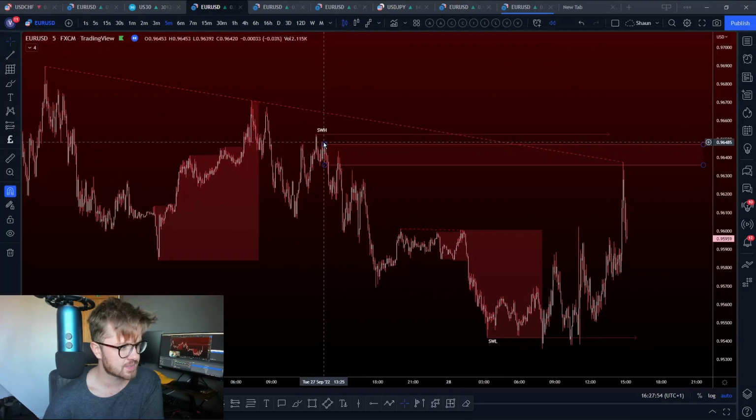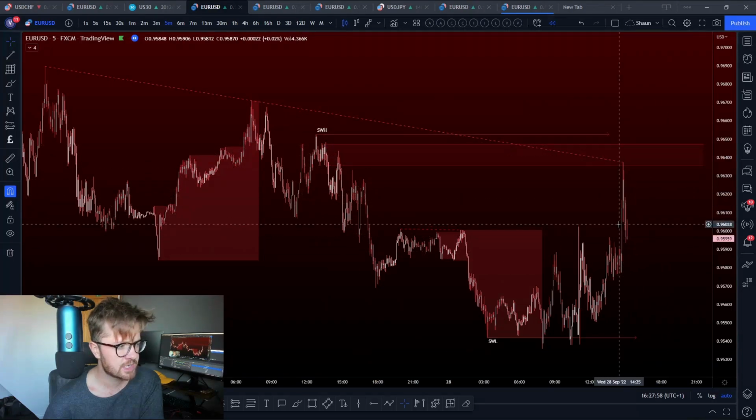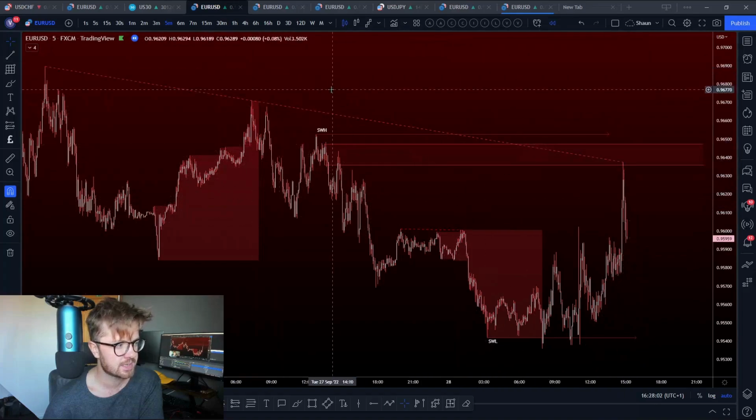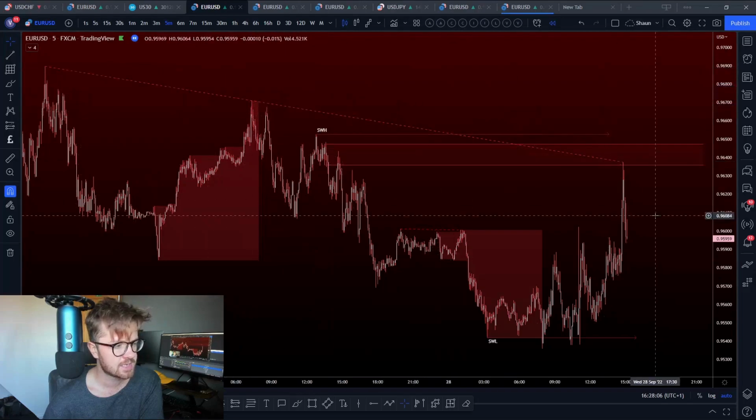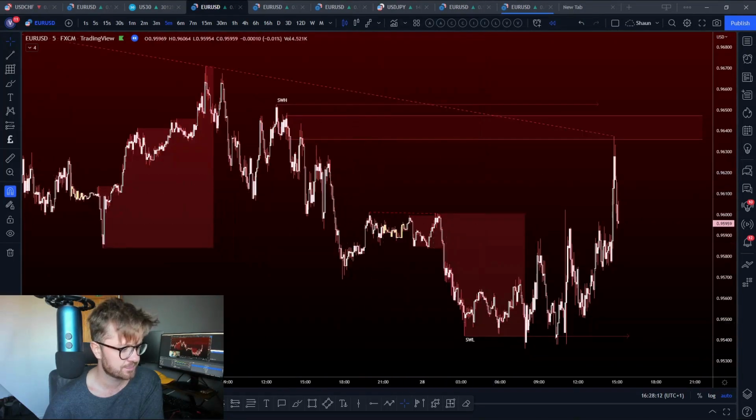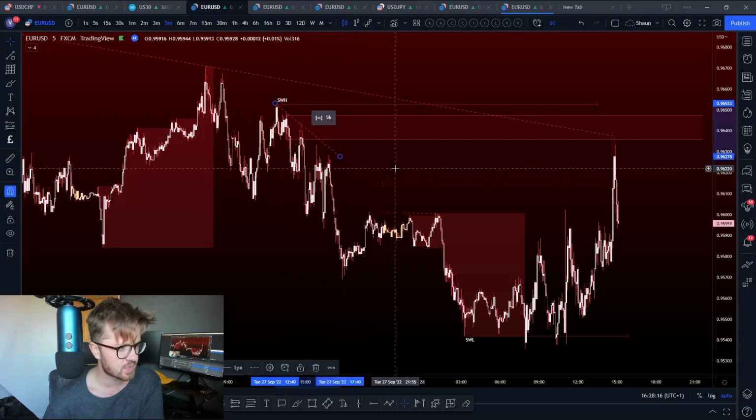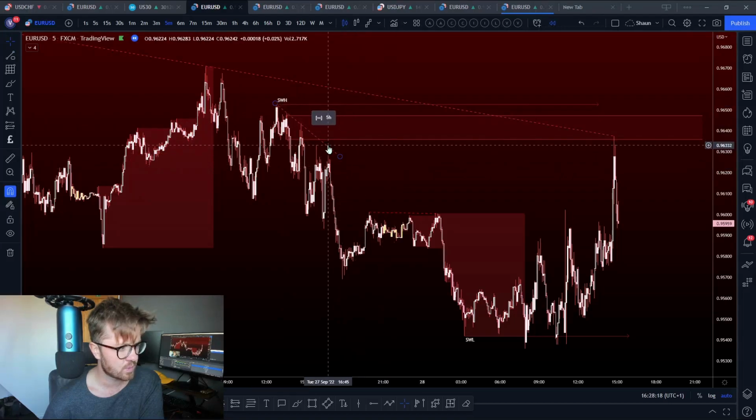We've had a tap, guys, already. At this point, the market is rejected from that order block, and you may have got involved in this without seeing this, just because obviously this has been drawn in hindsight. At the time, though, you wouldn't have actually seen this liquidity built up on the chart, or at least you'd be less likely to. You have, however, got localized liquidity built up by here,